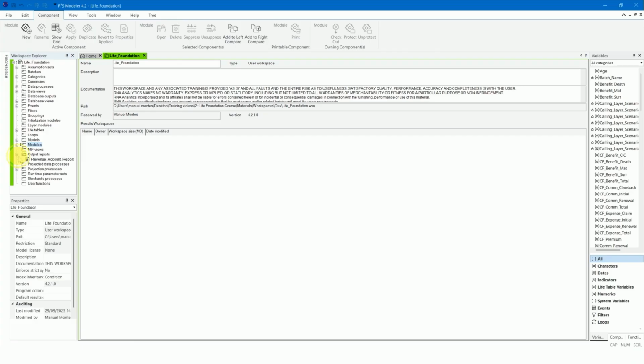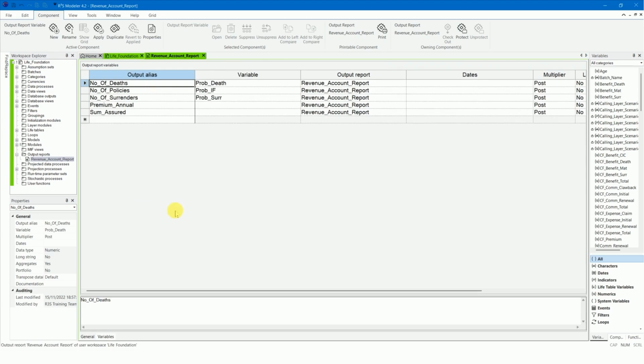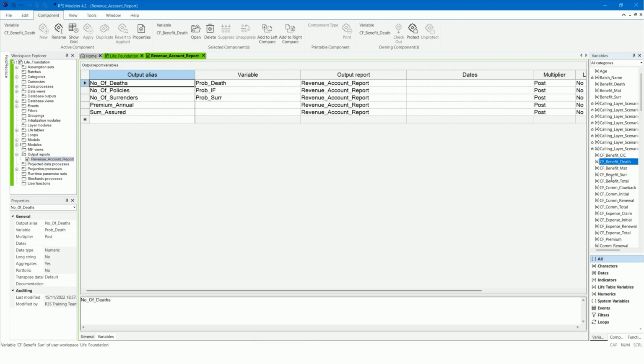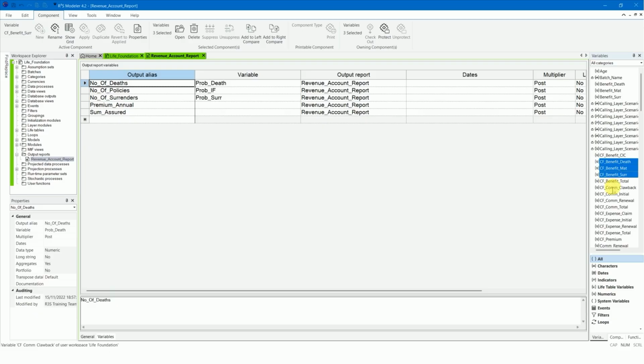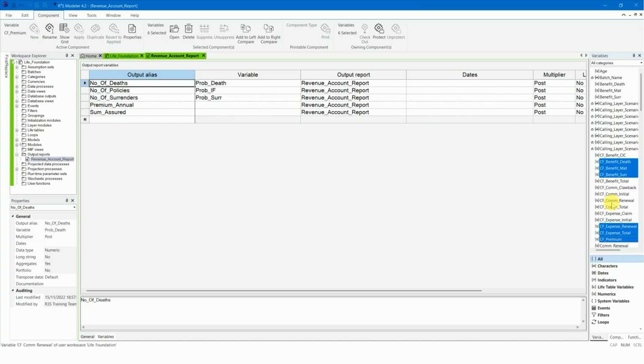Also, adjust the output report to include the following cash flows: CF Benefit Death, CF Benefit MAT, CF Benefit SIR, CF Expense Renewal, CF Expense Total, CF Premium, CF Com Renewal.